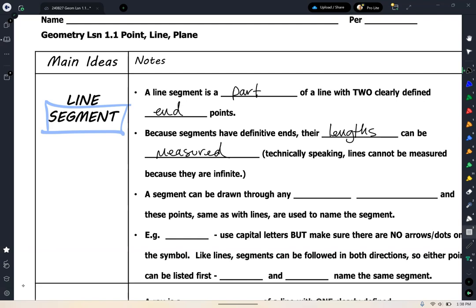Okay, well, let's draw an example of a segment. So we're going to draw a straight path here, but this time we're going to put a point A at one end and a point B at the other end, and we're going to cap it off. It's like taking a line that extends infinitely in both directions and then chopping the 2 ends off. And now we've got a clear beginning and a clear ending, and that we can measure. And then we can put numbers to it, and then we can do things with those numbers, okay? And so segments are very important for us.